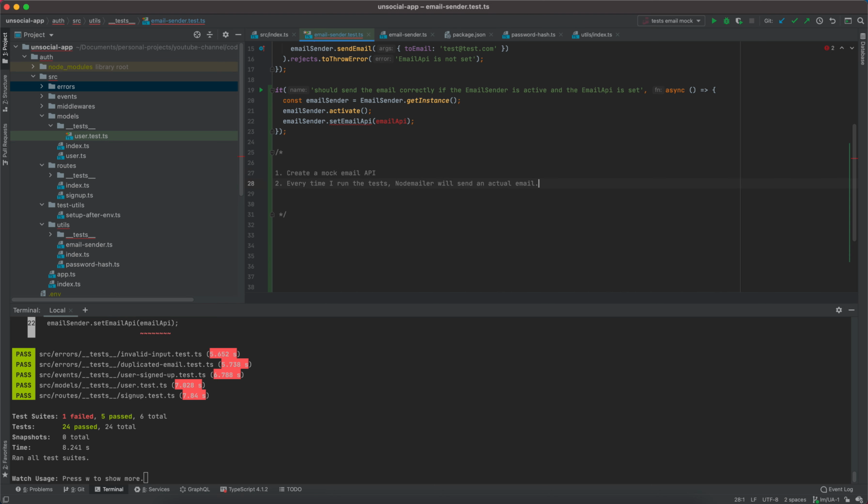Now there are multiple ways of doing this, and the first way that you can think of is you create an actual Node mailer API, and then you mock the methods with jest and mocking in jest. And to be fully honest, while this is possible, for me this just seems like a lot of work, right? Because